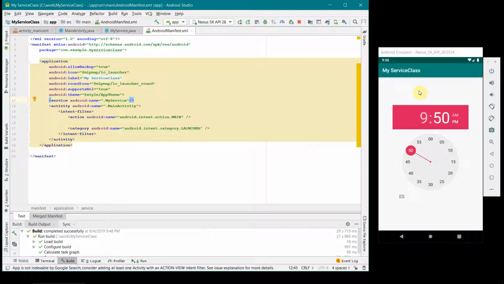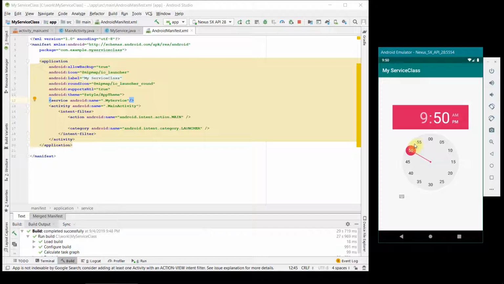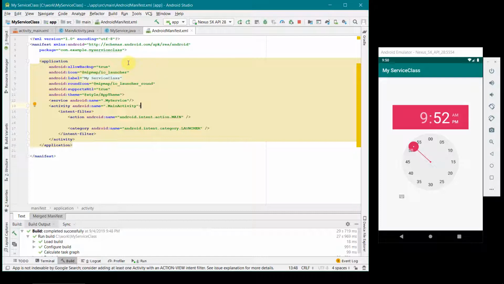Okay, so if you see on the right hand side, the moment the time reached 9:50, my alarm started. So I can just change it to something else to stop this alarm, because I don't want to keep this blaring sound up, and I don't want to hear it again and again. I'll keep it at 9:52. In the meantime, let me complete the summary of this code.